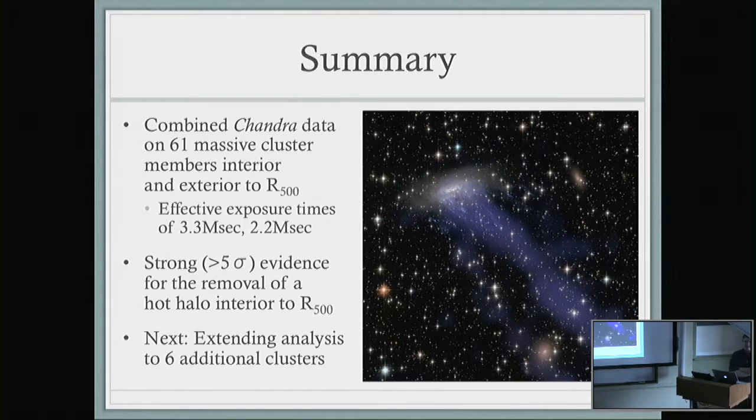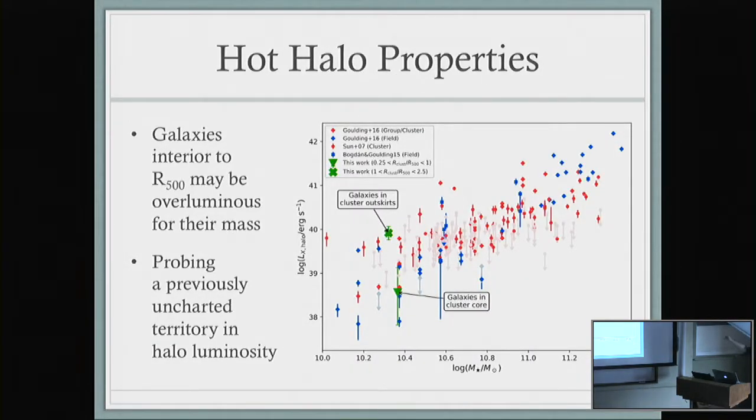But I guess I was just asking, the distances, there's a bit of an uncertainty to it, right? They're all the same distance. They're all in the same cluster, if that's what you mean. Okay, sure. So if I understand what you're saying, this is a minimum difference between the two, basically. So things that we call in the cluster could be outside the cluster, but things that we call outside the cluster cannot be inside the cluster, right? So our bin on the bottom there, galaxies in the cluster core, is going to be boosted high by the fact that some of them might be outside the core along the line of sight. So that point's really an upper limit. The point at the top is relatively solid because projection can't work that way. Yeah.